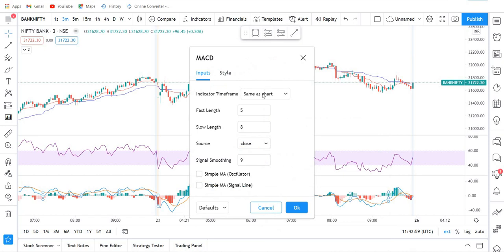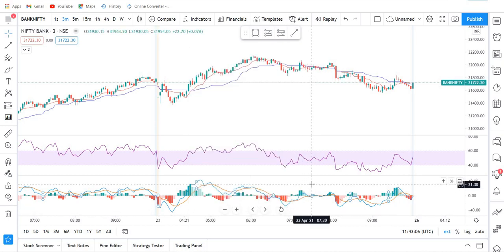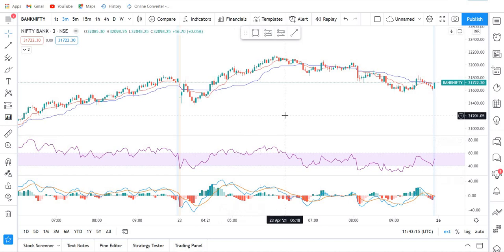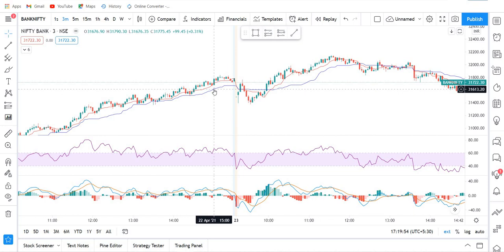One more thing, check this style. The MACD is the blue line. So the blue line is the MACD line. Red is Tenkan, blue is Kijun, and this blue is MACD. So everything we needed is now here on our chart: 60/40 RSI, 5-8-3 settings for MACD. The time period of the chart we are using is 3-minute. We have Tenkan and Kijun from the Ichimoku.